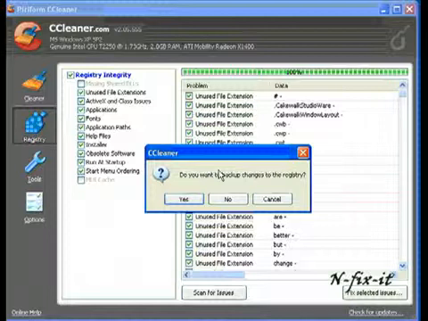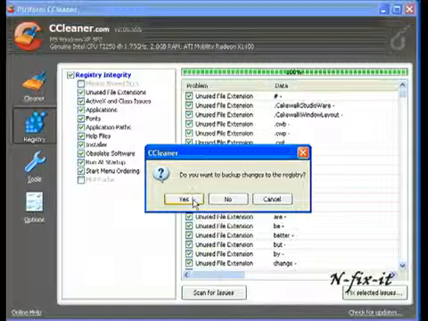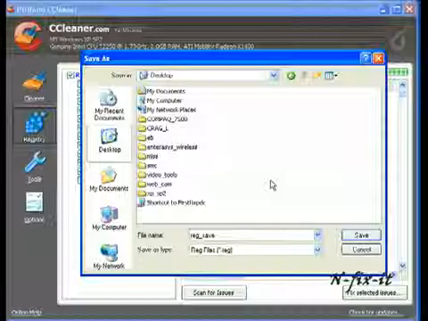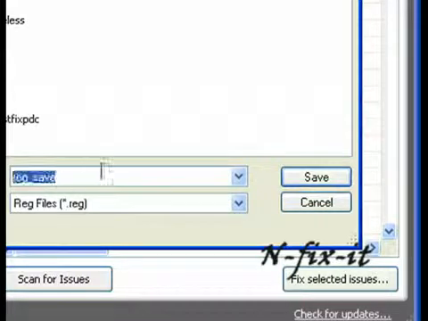Now this is definitely, like I said, a great tool. Otherwise you would have to save the backup yourself, which is not a problem, but a lot of users just want the job done. They don't want to get too technical with it. So you select yes on here. Once you open that up, it's going to ask you where you want to save the file. We're just going to save it to the desktop. Gonna call it